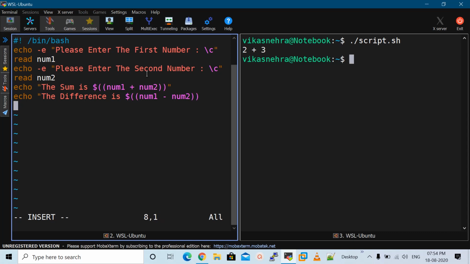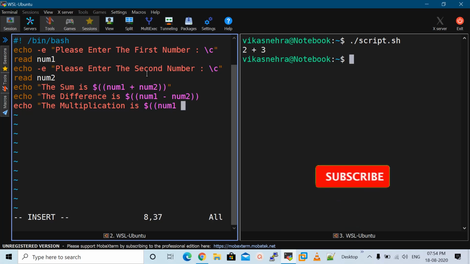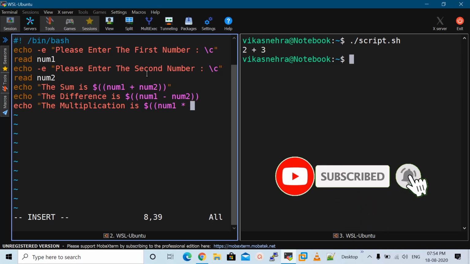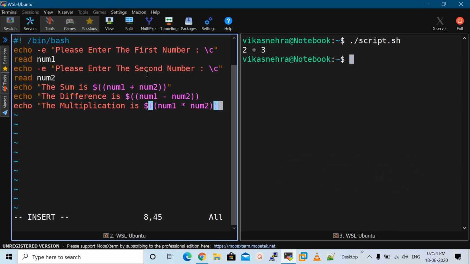In the similar fashion we can use echo the multiplication is dollar, double bracket starts, num1 asterisk num2 brackets closed, inverted comma close. Let me close the inverted comma here as well.